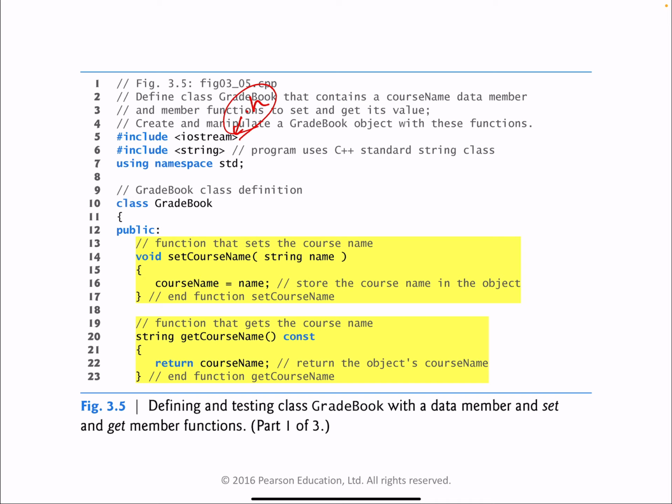So I'm not going to even run this code for you. I'm just going to describe what's in here. So what's happening over here is we are defining a class called gradebook, and it contains some items that are public, that will be visible, accessible from outside the class. And among those are